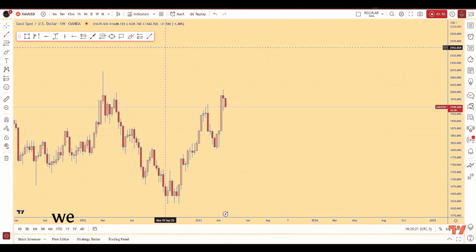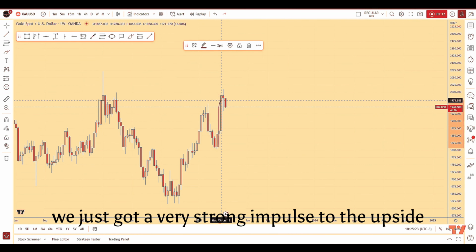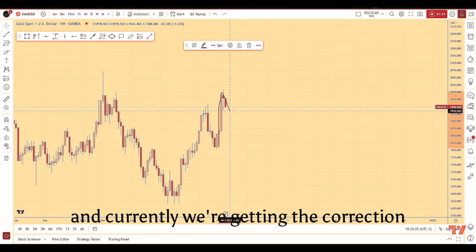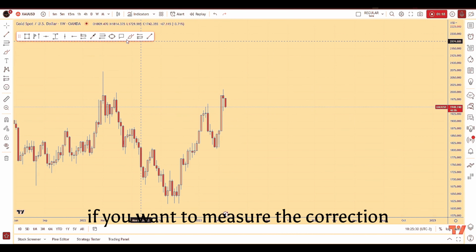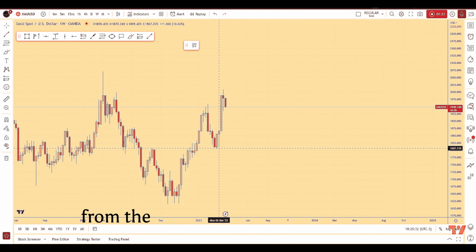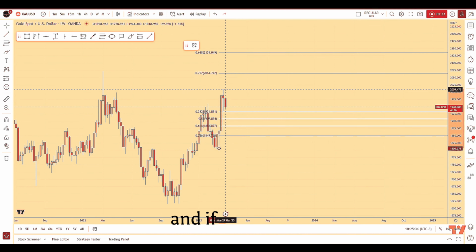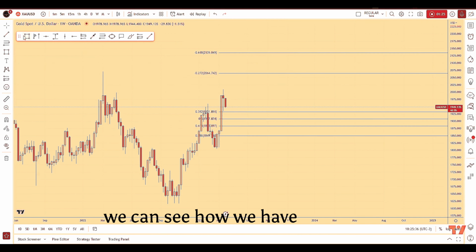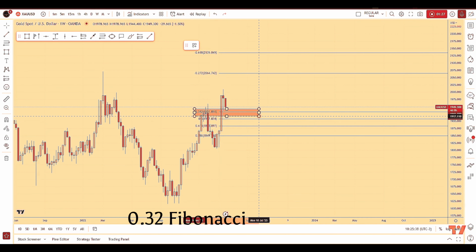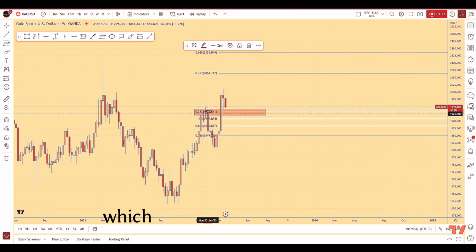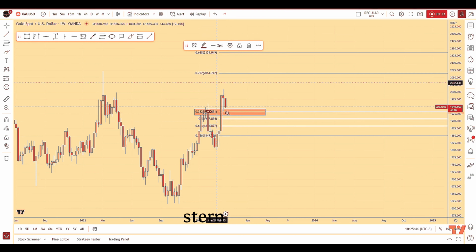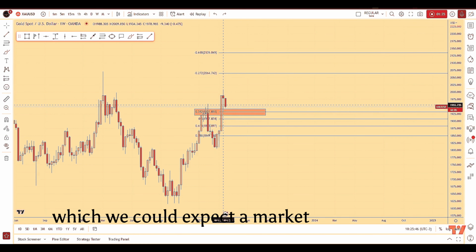If we go and see what we have on the weekly time frame, what we can see is that from a weekly perspective, we just got a very strong impulse to the upside, and currently we're getting the correction. Now, in general, after an impulse, if you want to measure correction, you have to take your Fibonacci from the low to the high of the impulse leg. And if we do that, we can see how we have a perfect 0.382 Fibonacci retracement currently lining up exactly at this zone, which is previous weekly resistance turn support,